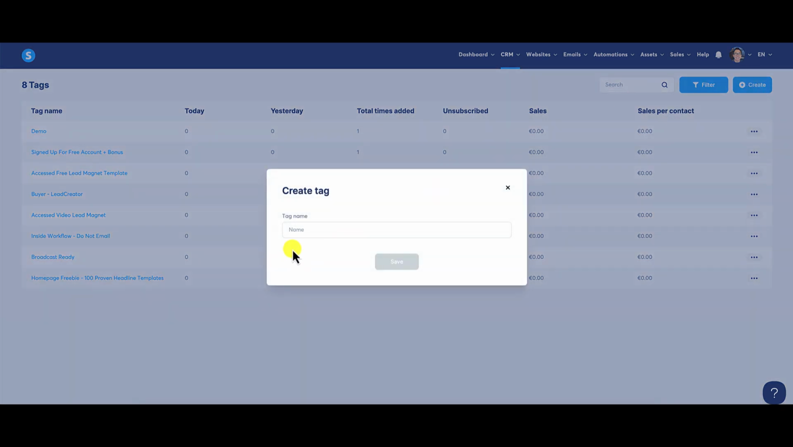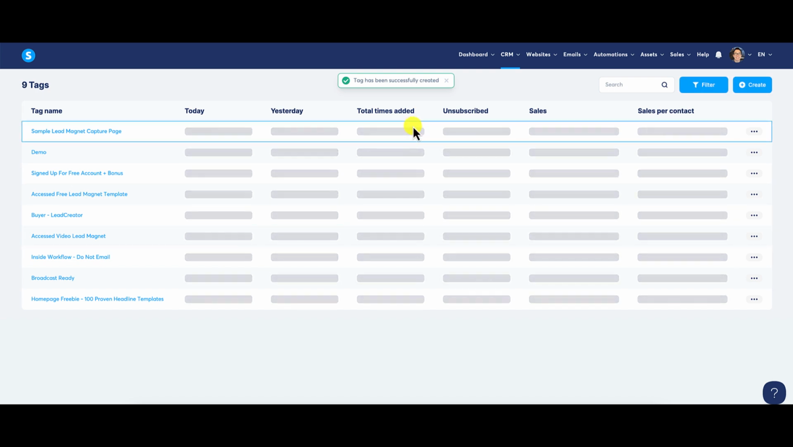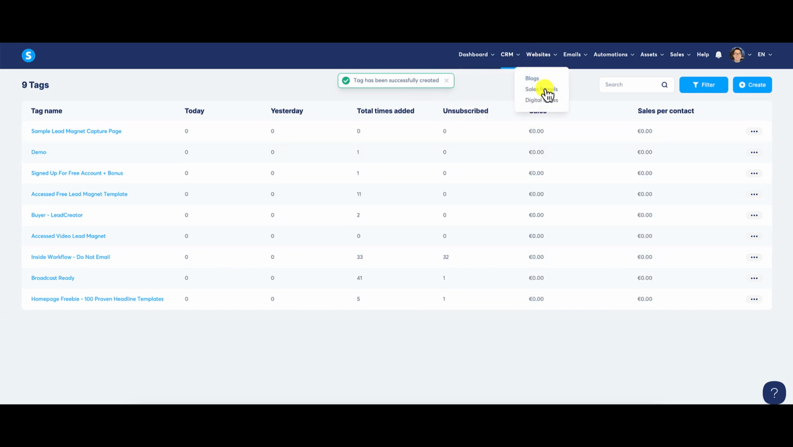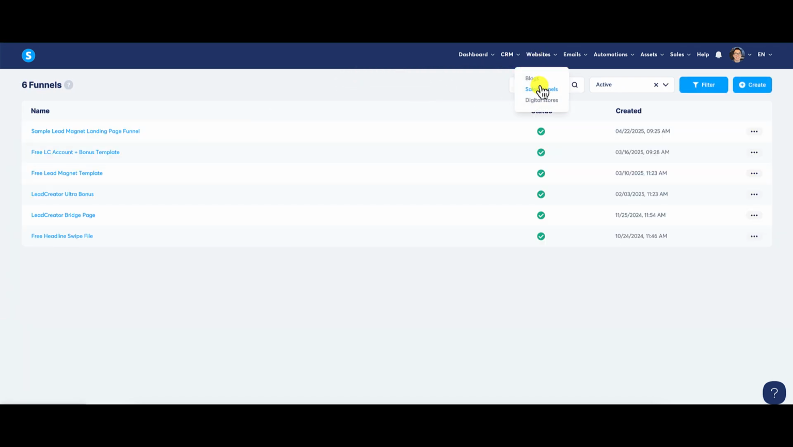And in this case, I'm just going to call this tag sample lead magnet capture page. You name it, whatever it is that you're going to name it. But I'm doing this just so I can keep track of it. I'm going to save this, and I'm going to go back into my funnel, and I'm going to look for